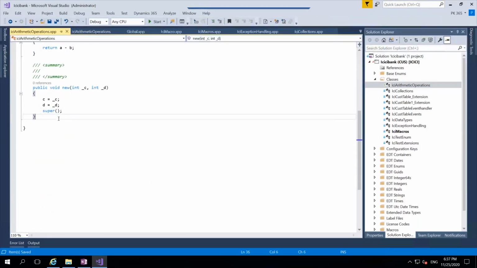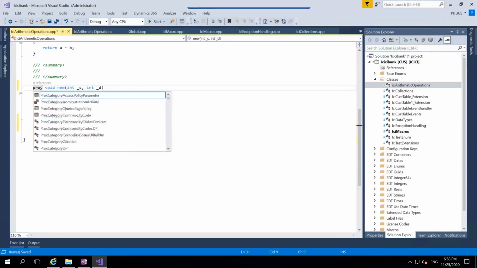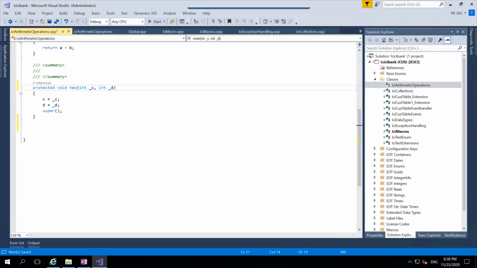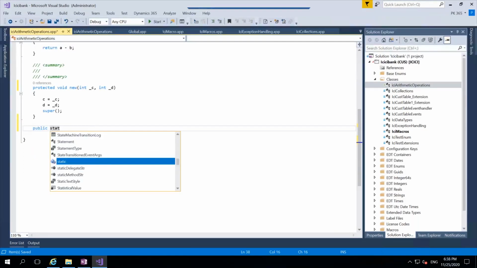Remember, even the constructor, as part of object orientation, we should not expose directly. The constructor should be either protected or private. It means construction should be available only for that particular class or its child classes, not for all the classes. What should be done? In that case, we will create one static method. We will say public static